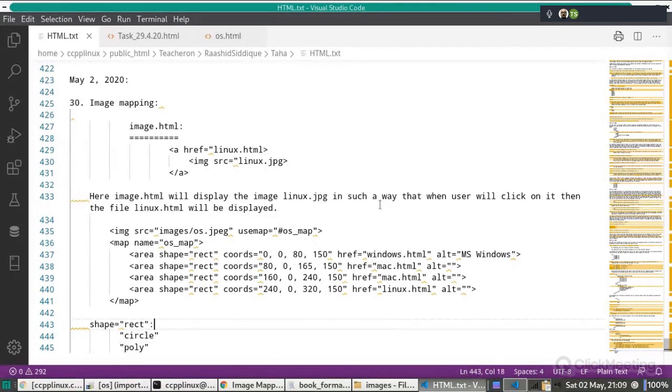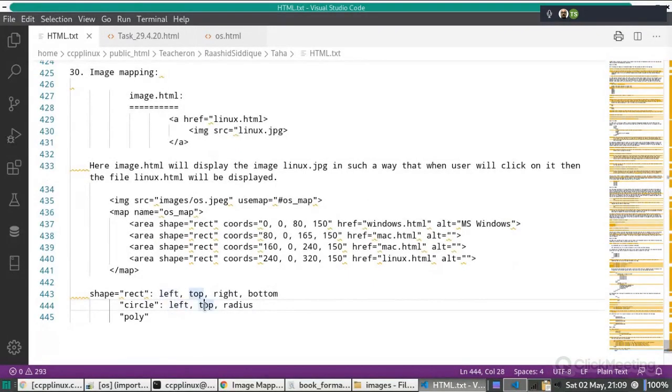In case of rect, you write left, top, right, bottom. In case of circle, left, top, and then radius. Actually, this left and top is the left and top of the center. And for poly, for all the turning points, x1, y1, then x2, y2, then x3, y3, like this.